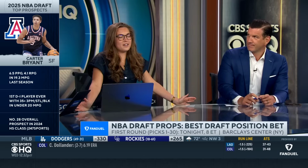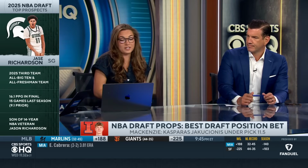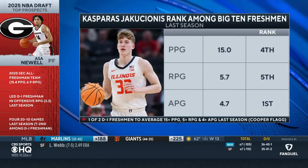I think he goes higher than people are anticipating. I think there's a lot of teams in the 8 to 11 range that could be looking for a point guard here. You have Phoenix, you have Brooklyn. I think Brooklyn would be a great spot for him as long as they don't go big to have someone with Claxton there. But I could see them just going for the point guard situation here. So that's plus 600 to go 8th to Brooklyn,